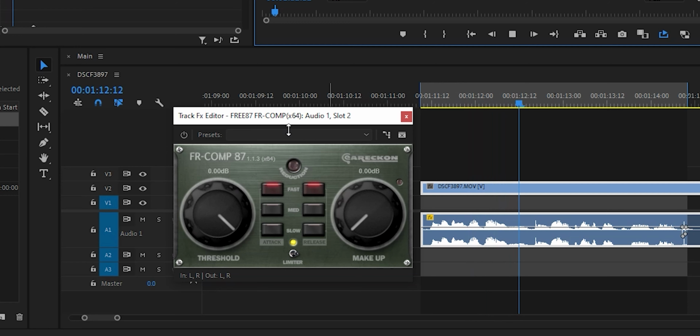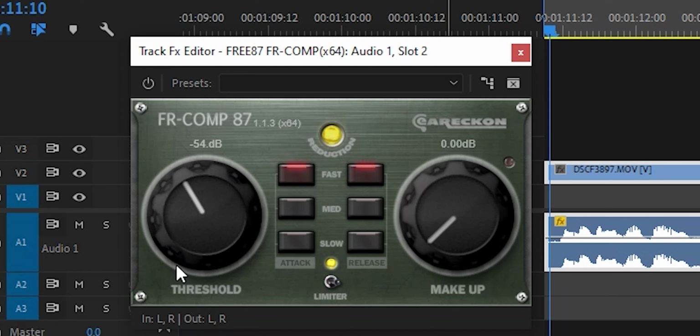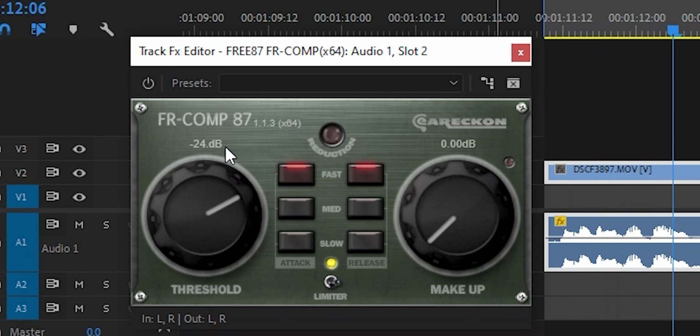If we set it there and we play back our track like this and take a look at this little tiny light up here, if you see it blinking every once in a while, that means that the compressor is compressing something. Now you don't want this light to be blinking all the time. What you want is to see a blink here and there when it pushes down a higher peak. So go ahead and dial it back if that happens.